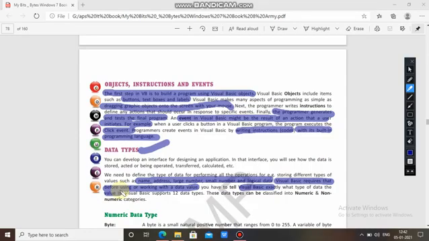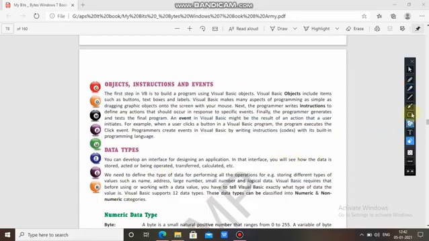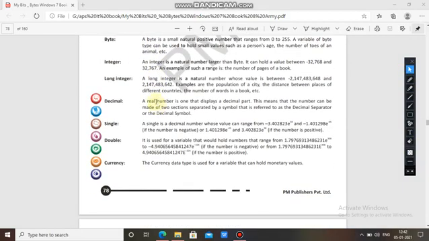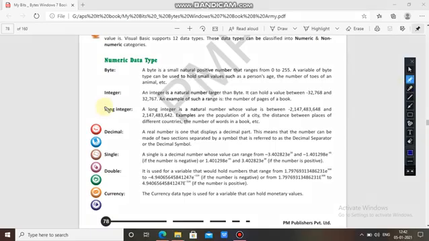So let's see the numeric data types. The first one is byte. A byte is a small natural positive number that ranges from 0 to 255. Remember this.